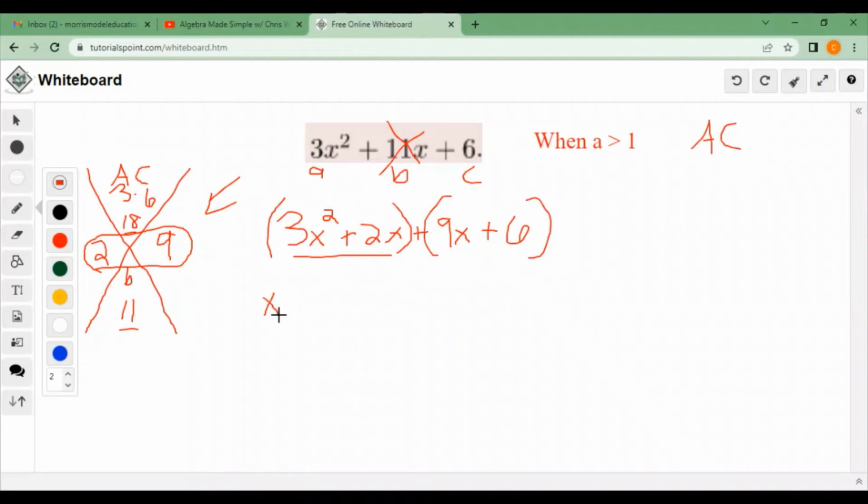The only thing they have in common is they each have at least one x. The 3 and the 2 don't really share anything in common. So you can just have a variable as your GCF, and that's what it is, okay? So once we found out that x is the GCF, we're going to then divide each of these terms by